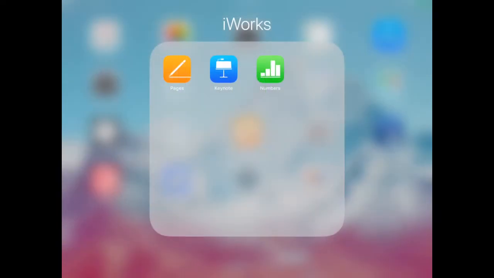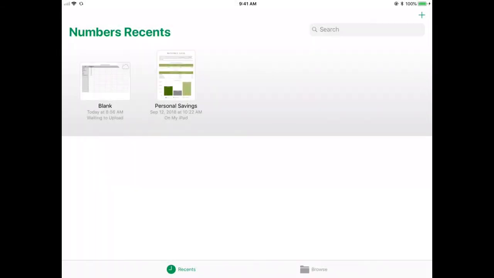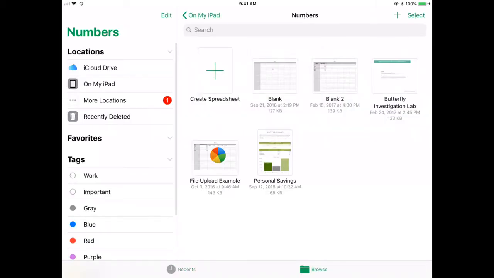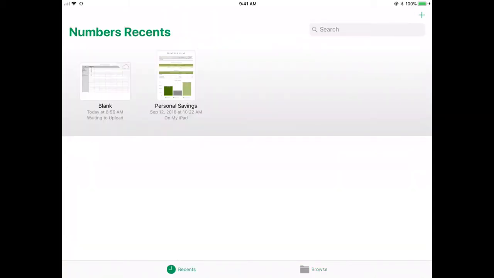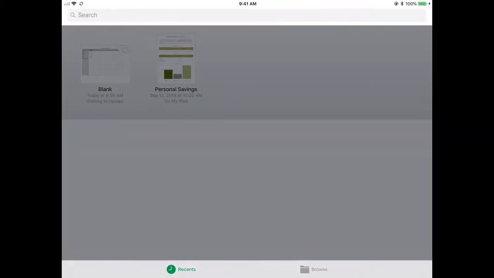Now that you've learned some general information about iWorks, let's start working in Numbers. I'm going to tap on Numbers to start. Once Numbers loads, you will see a number of familiar options that were discussed earlier in the video. You have the ability to browse for documents on your iPad or on your iCloud Drive. You also have the ability to look at your recent documents, and you have the ability to search for documents